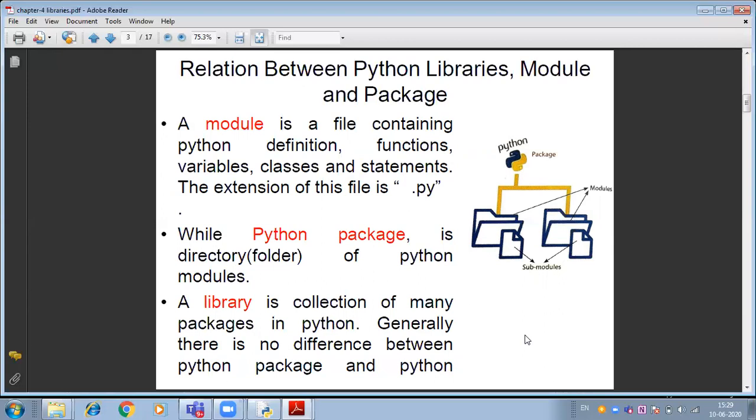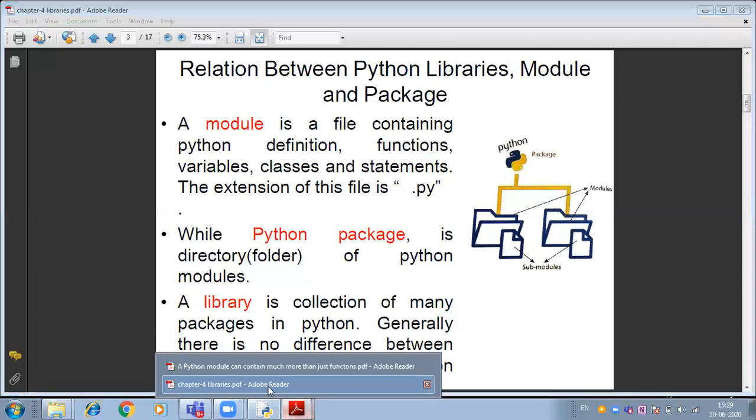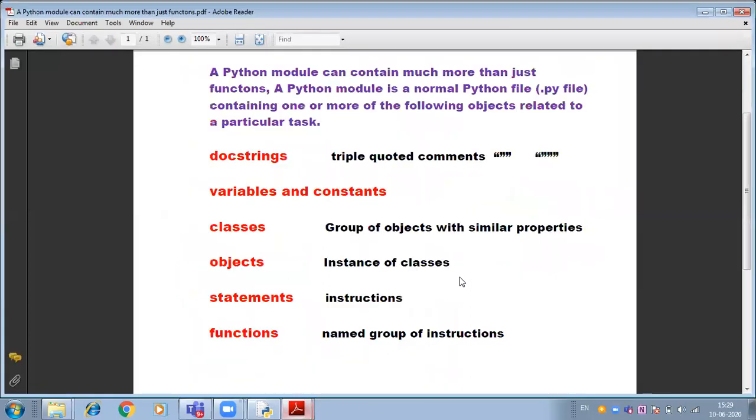Now we have to discuss what is the structure of a module. If we have to define a module, then how to define a module, how to frame a module. To frame a module, we have to follow some steps. If you see it in detail, to make a module, just look at the explanation.